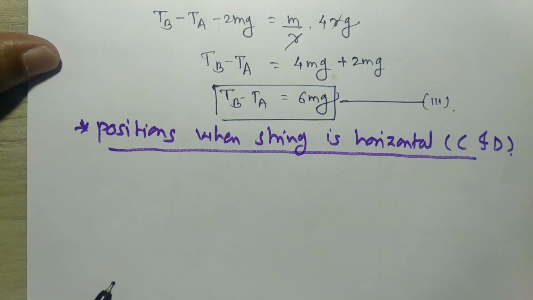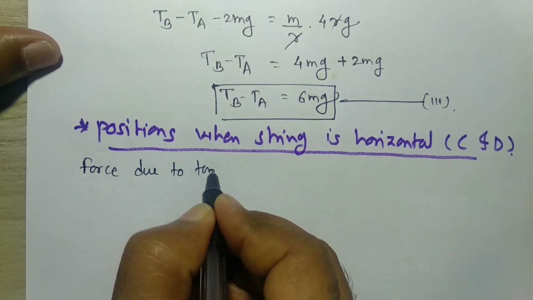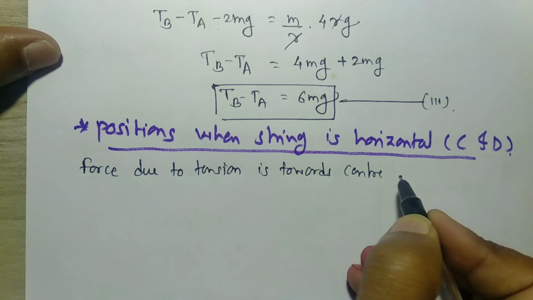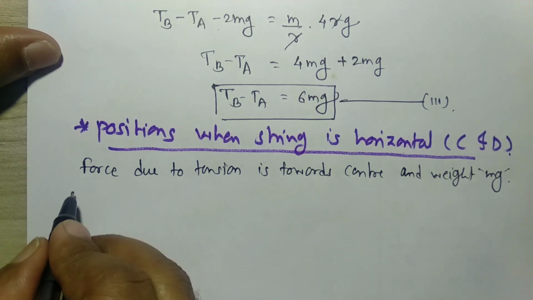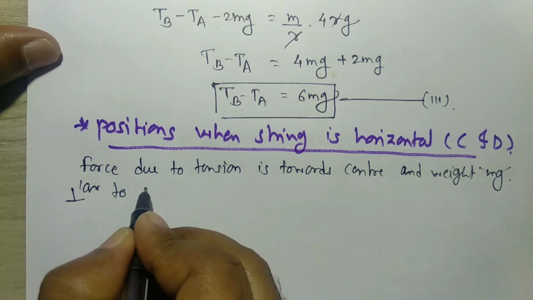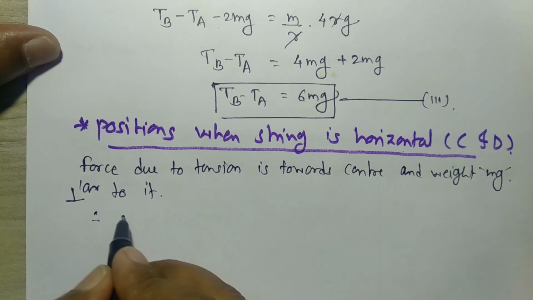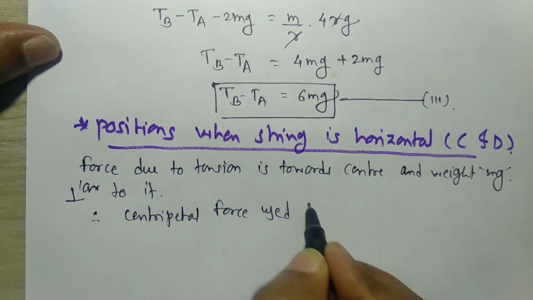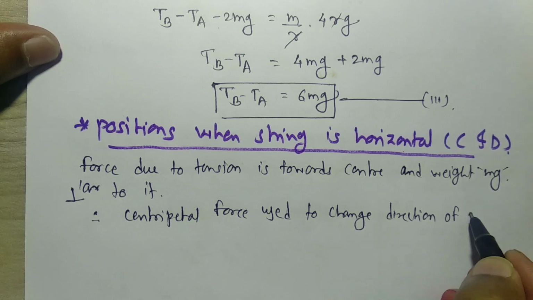At that time, the force due to tension is toward the center, and the weight mg is perpendicular to it. Therefore the centripetal force is used to change the direction of velocity,